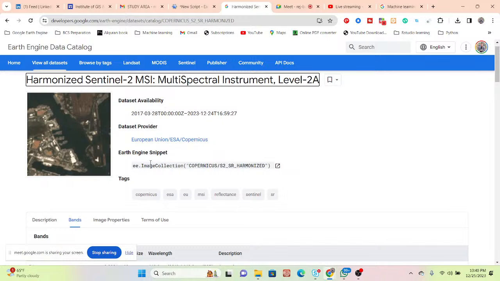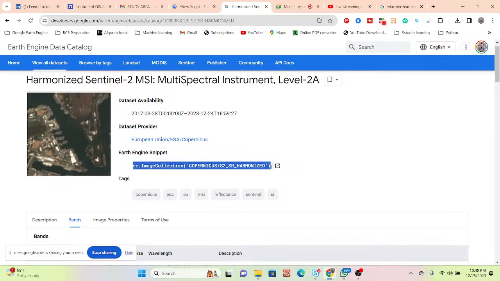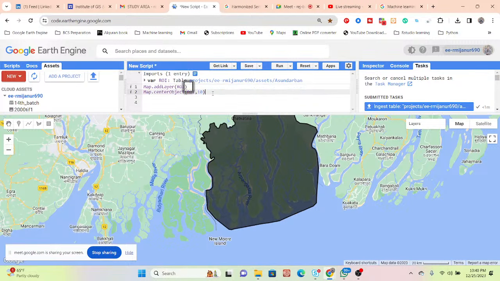I need to import the dataset in my code editor. Simply copy this ID and paste it in my code editor. Here I already uploaded my study area. Then I give a variable name, suppose I put the name Sentinel. You can put any name, no problem.